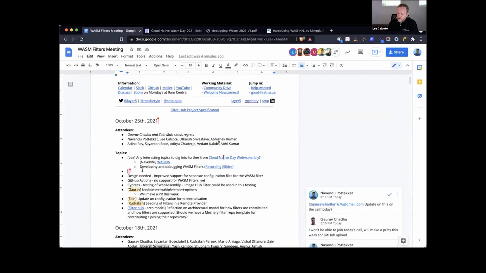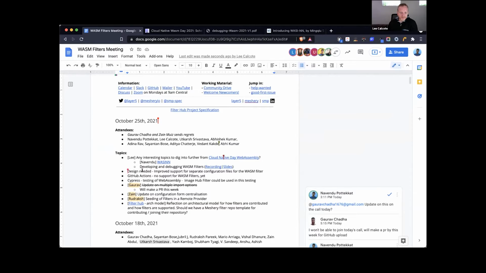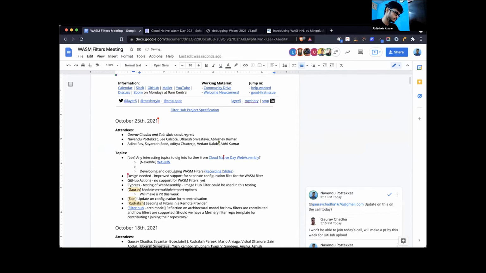What have we concluded, Utkarsh? Well, I proposed this is how the structure of the config could be, I mean, the metadata that we should be storing along with filters. And that was the last that we talked about.